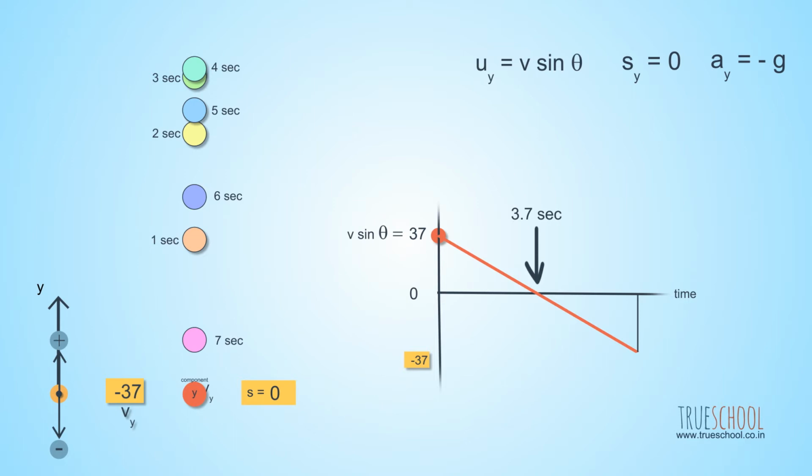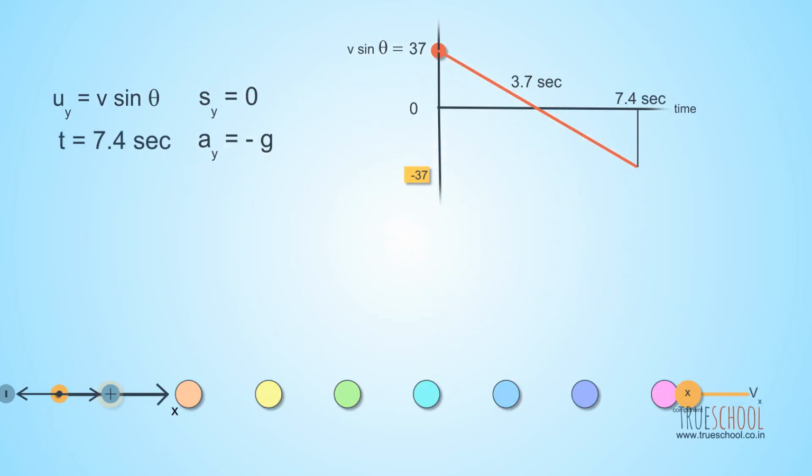So the time it takes to go up will be the same as the time it takes to come down. And as the time for going up is the same as coming down, the magnitude of change in velocity will be the same in both time intervals. Thus, the final velocity is just the negative of the initial velocity. So, finally, the information we can obtain here is, as I said, the time to reach the highest point and the time of complete flight, that is double of this. We can also find the maximum height it reaches by finding the area, which is again half into time interval into velocity difference. Now we will look at the x-axis.